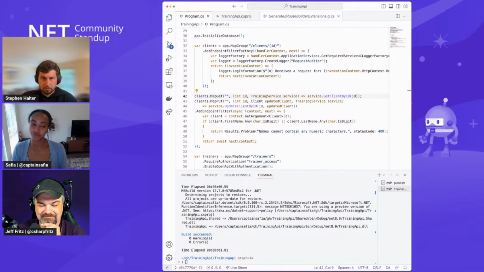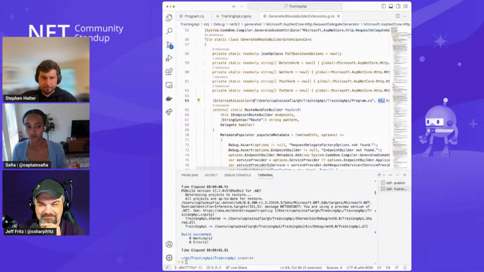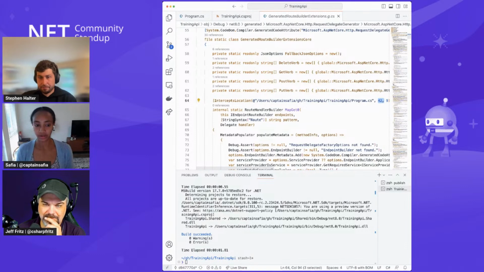It'll say, hey, if you encounter this line, I would like you to call this code that's been generated at compile time instead of the MapGet invocation that's in the framework, which uses reflection and LINQ expressions to generate code. Instead, use this one that I've actually generated in my source generator and invoke it.